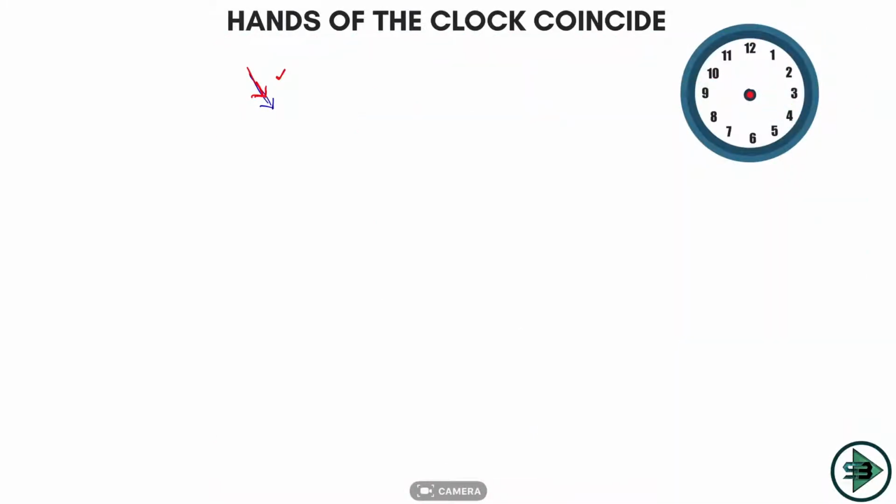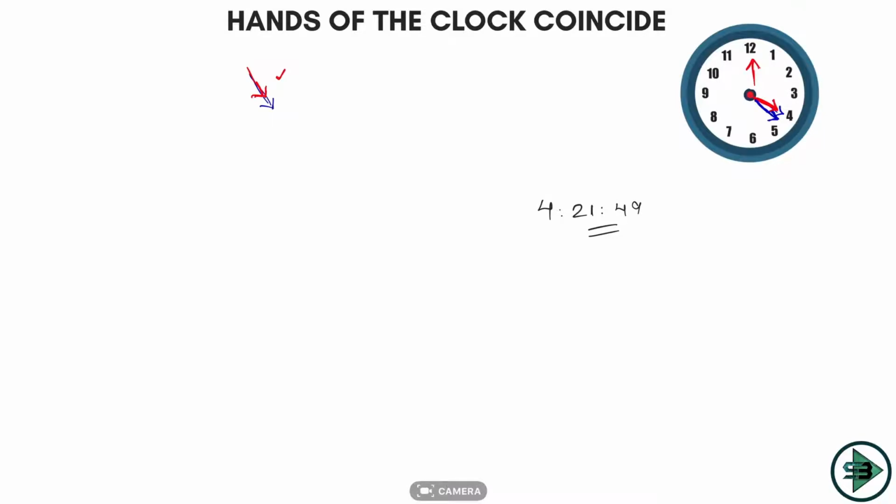So I got my final answer as 4 hour 21 minutes and 49 seconds when the two hands of the clock will coincide. What and how will it actually happen? So it is 4 o'clock, so my hour hand is here and my minute hand is here. What will happen at 4:20? At 4:20 this minute hand would have come here and it would have been at the position of 4, but in that 20 minutes the hour hand would have slightly moved ahead. Okay, this is the scenario at 4:20.